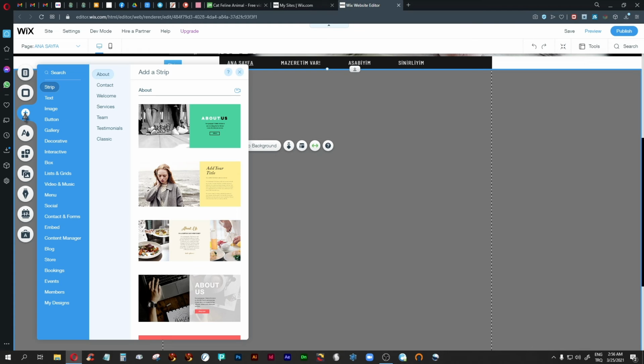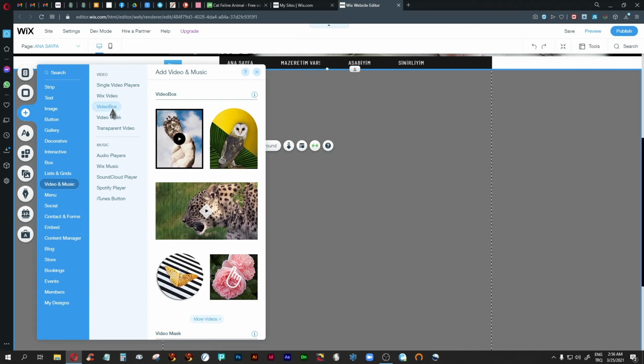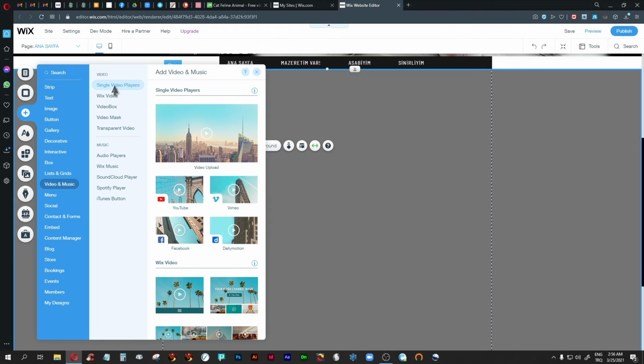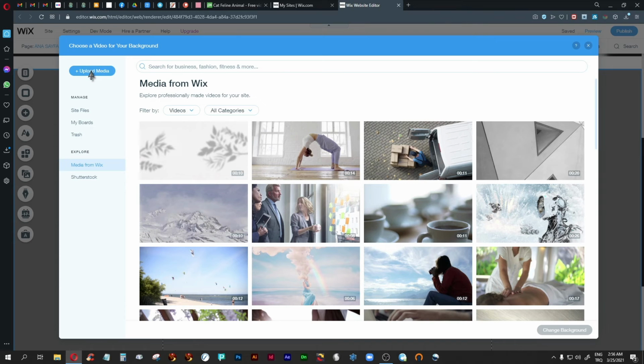You can upload videos also, like in a video box or a video mask or a single video player. There are all kinds of different ways of uploading a video. But what you can also do, which is what I'm going to do now, and which is what I also did when I was doing the header, I'm going to embed it right into a strip. So I'm going to say video, upload media,